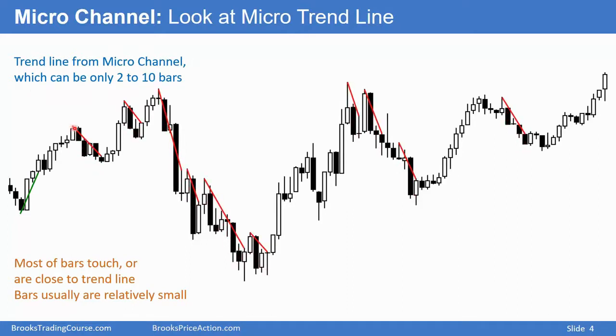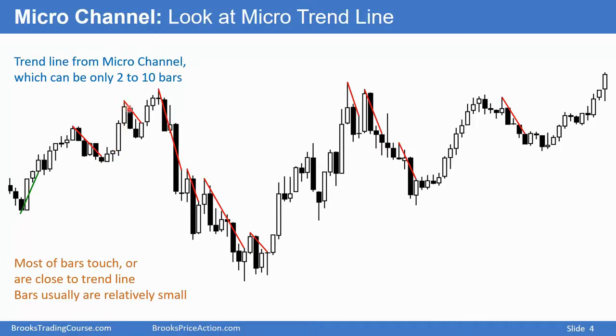Here, we have 2 bars without a pullback, 3, 4, 5, 6 bars. This is a 6-bar bear microchannel. No high went above the high of the prior bar until this bar. That ended the microchannel. It's about a 50% pullback, not quite. It's a bull flag. 2 legs down, 1, and then bull bar, and then 2. Traders will buy on the resumption up.